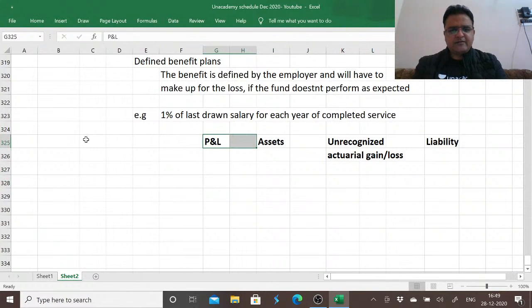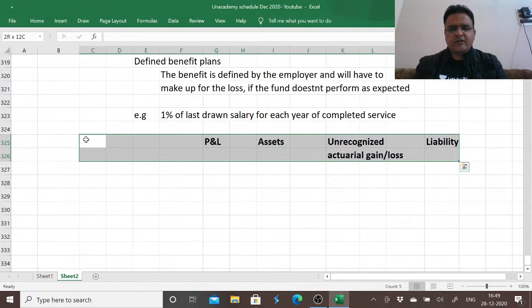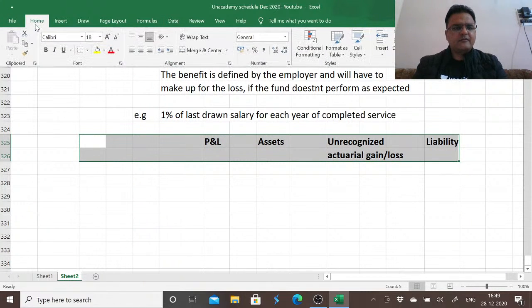So when we are presenting them, unrecognized actuarial gain or loss, liability,